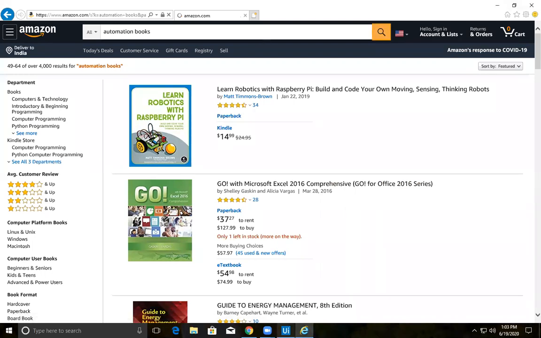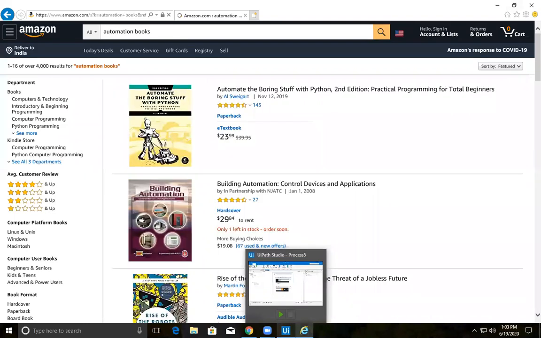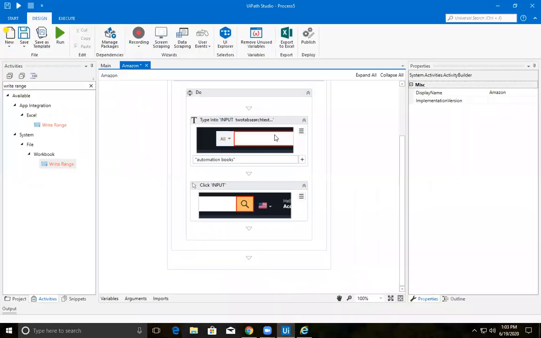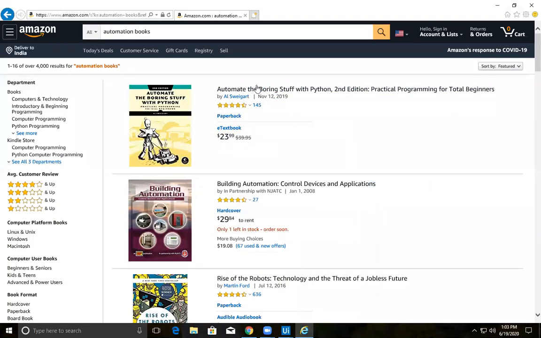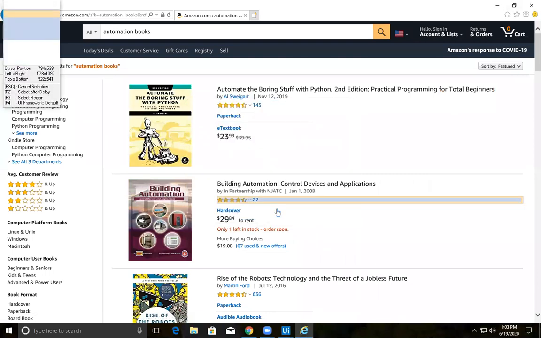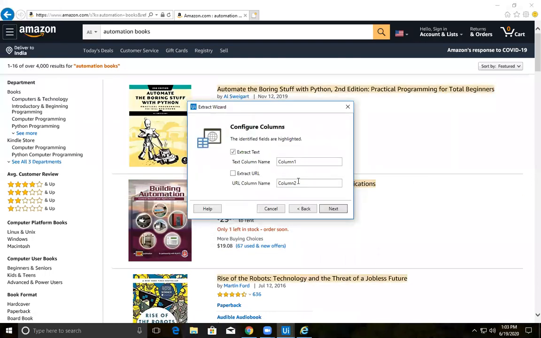Let me go back. Okay. So here, let's start the data scraping again. Click on next. Yes, I am taking this book name. Next. So second name for the pattern. So let's keep this book title.